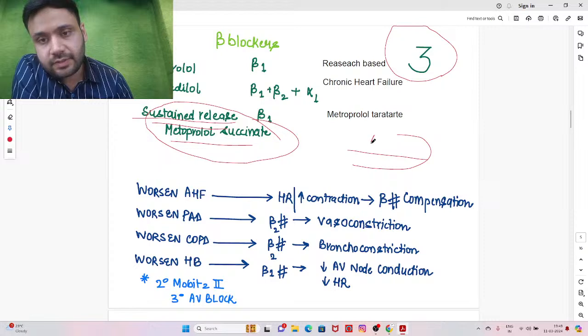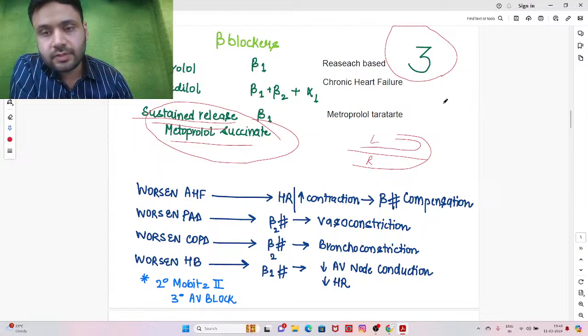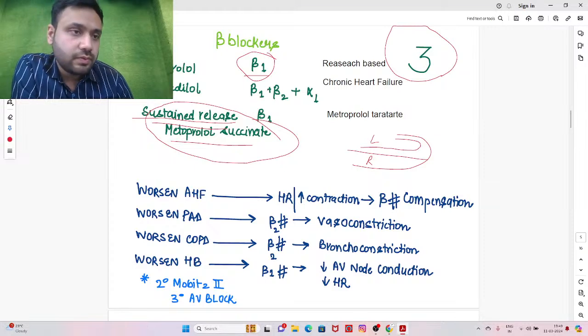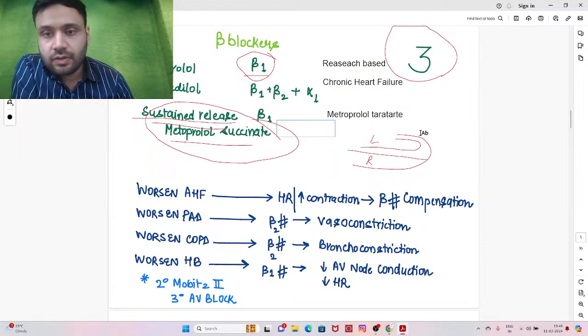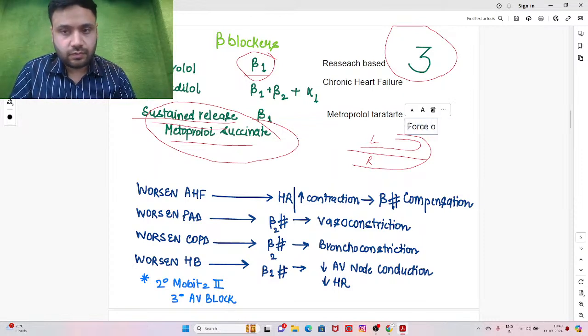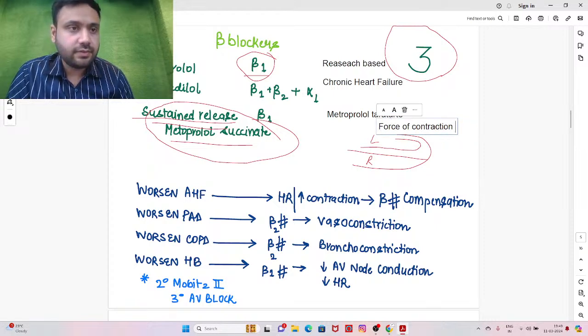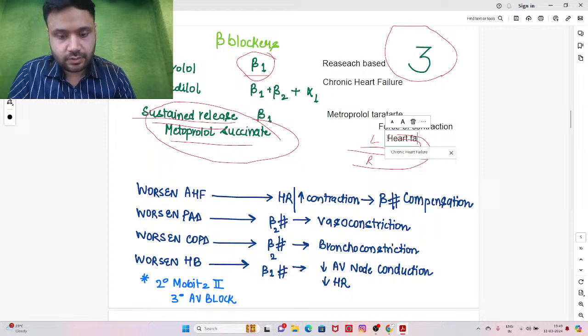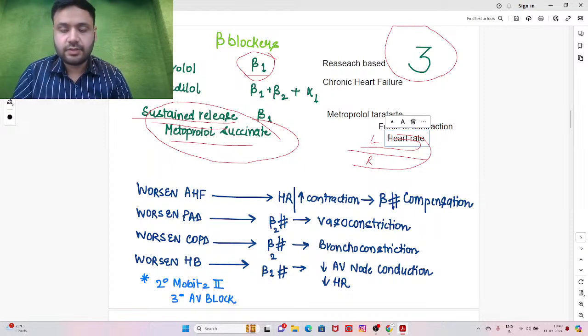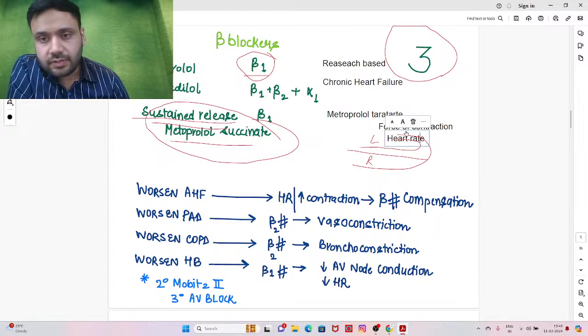If this is the left ventricle and this is the right ventricle and this is the muscle here, the beta 1 receptors increase the force of contraction. They increase heart rate. So blocking the beta receptors on an already failing heart